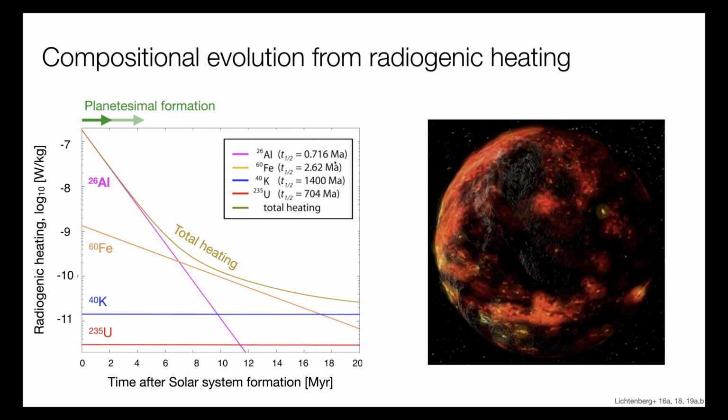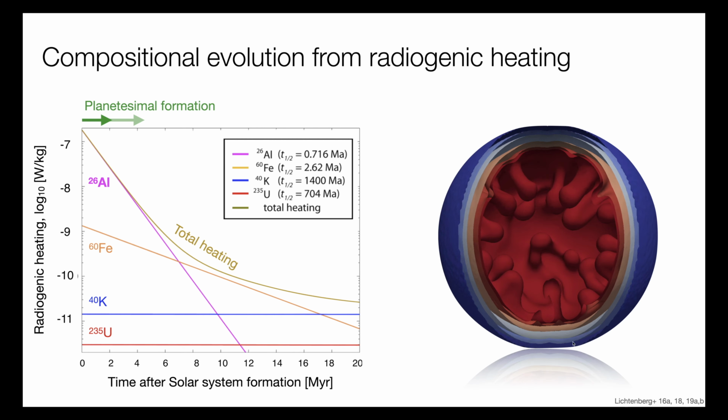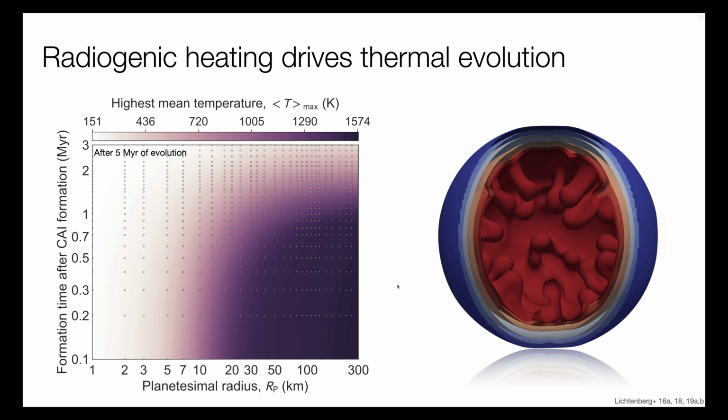700,000 years. Geophysical models of the internal evolution of planetesimals, such as this on the right-hand side, can help us to quantify the compositional influence this may have on the deviation between reservoir 1 and reservoir 2 in the disk simulation. The plot on the left shows the internal heating regimes of planetesimals as a function of planetesimal radius and formation time after CAIs from the streaming instability.